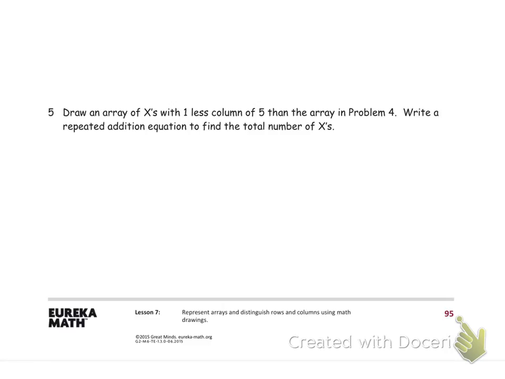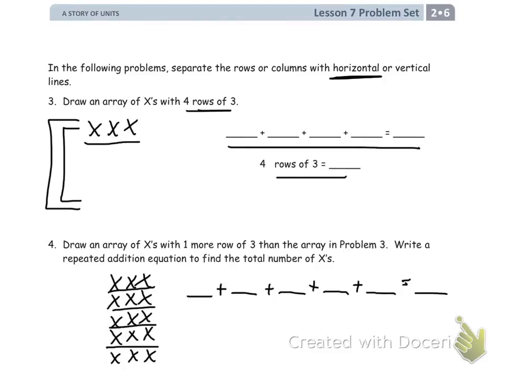So this is another kind of tricky problem, and it says to draw an array of x's with 1 less column of 5 than the array in problem 4. Write a repeated addition equation to find the total number of x's. So we're going to take a quick peek at the array from problem 4,